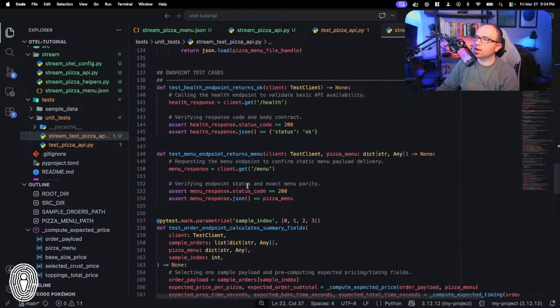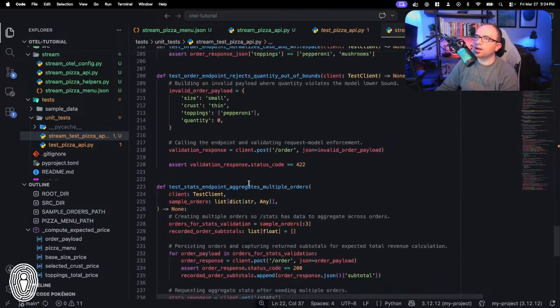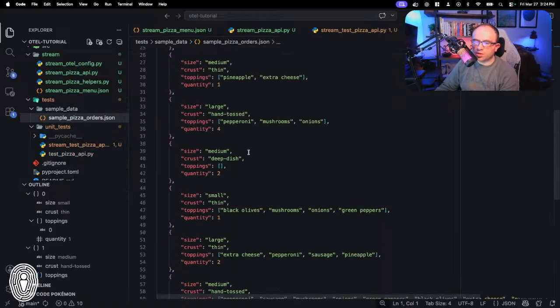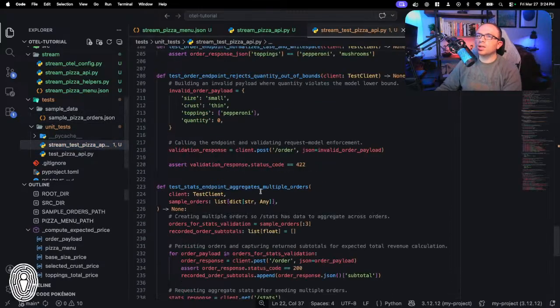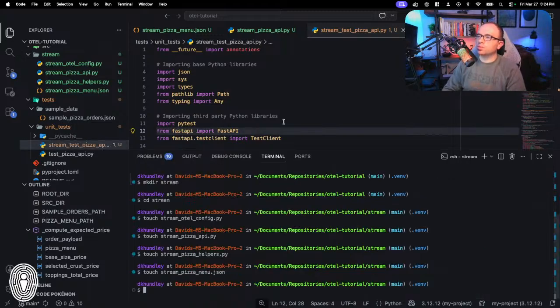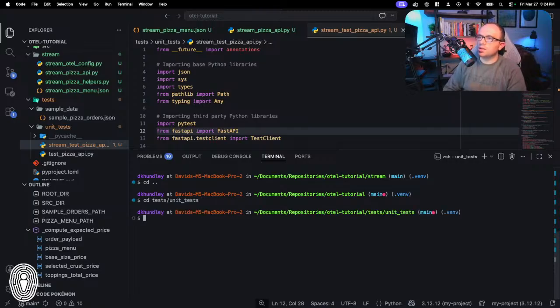And I don't think it should be. I think it should work just fine. But I do want to call out that under the sample data here, I do have a bunch of different fake orders that I had simulated as part of this JSON. So ideally here, this should just work. Let's hope it does. So we're going to go into test / unit test, and then I'm going to do PyTest